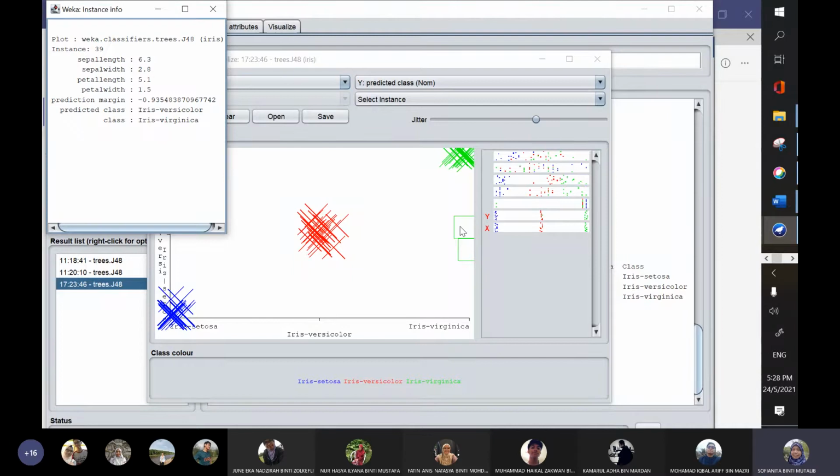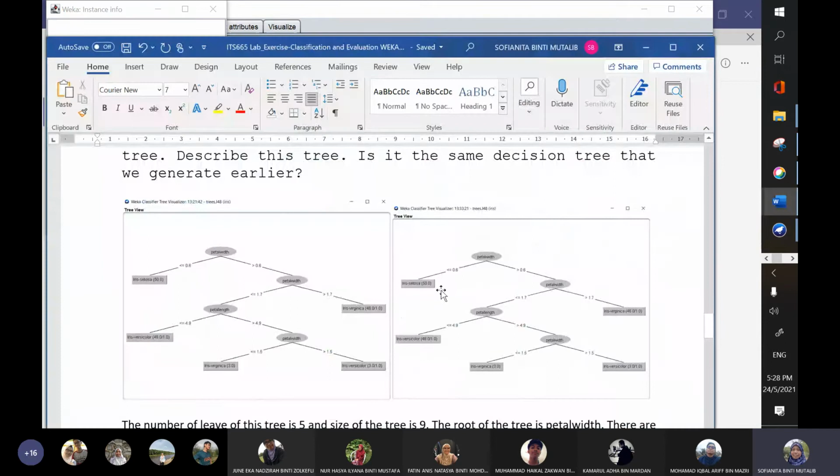Okay, so there is some conflict if you look at versicolor and virginica. It is virginica, but it might be predicted as versicolor. If you look at this one, setosa can clearly be seen here, based on the petal width. The petal width of setosa must be less than 0.6. But if it is more than 0.6, it could be either virginica or versicolor.